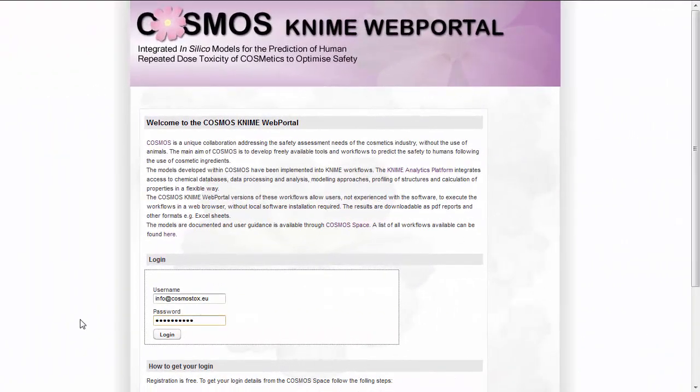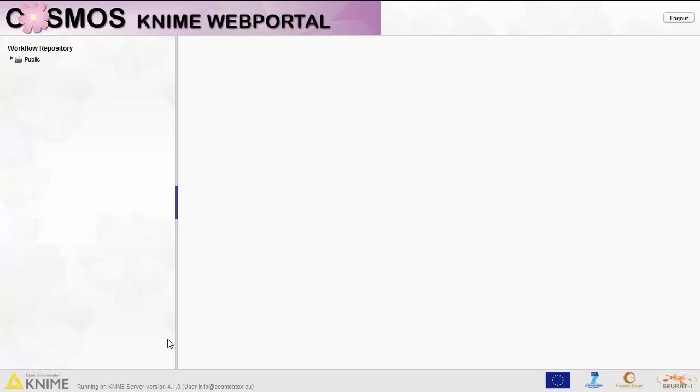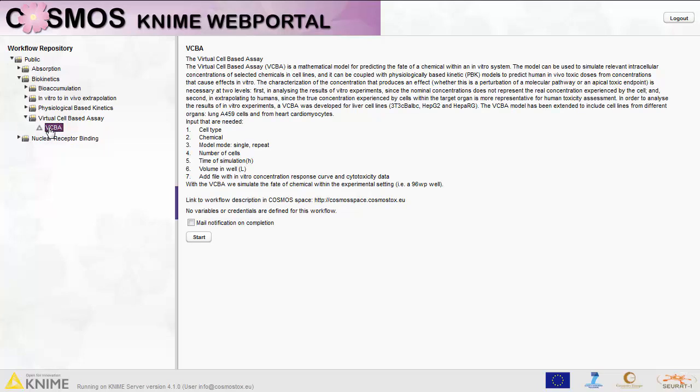In order to access the Cosmos KNIME web portal, you need to register and get your access details. Then once you are logged in, the main page is divided in 2 parts, and by selecting the public repository file, you can then access under the biokinetic file the virtual cell-based assay model. By clicking on the virtual cell-based assay, the VCBA, you can see on the right side that a short description